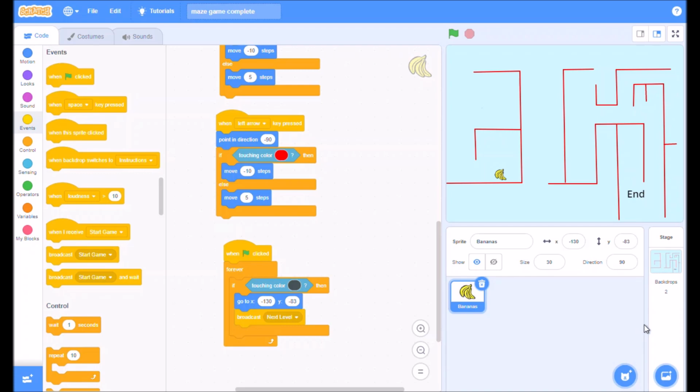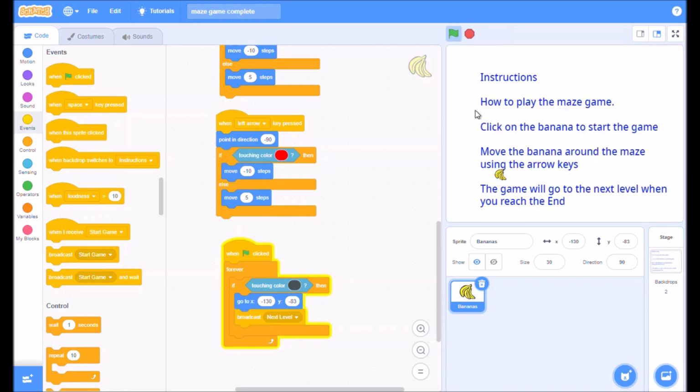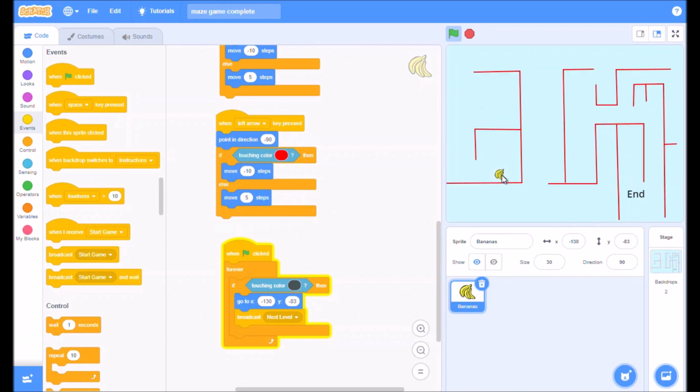Okay, finally we cross our fingers and hopefully it all works. So let's start with clicking our green flag, and there comes up our instructions. Now we're going to click the banana. It actually starts the game. So let's use our left keys. A bit far. Up keys, right key, down arrow, left arrow, down arrow, right arrow,